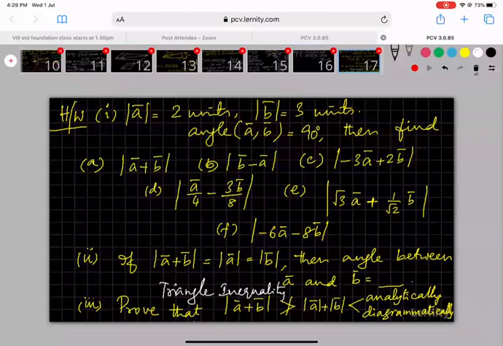I hope we'll find you all tomorrow also. Tomorrow we will do resolution of vectors. Resultant is done. Maybe we will do more questions on resultant. But tomorrow we will actually do resolution of vectors. And we will also see Cartesian vectors. Cartesian as in i cap, j cap, k cap, etc. All those things we will see tomorrow.